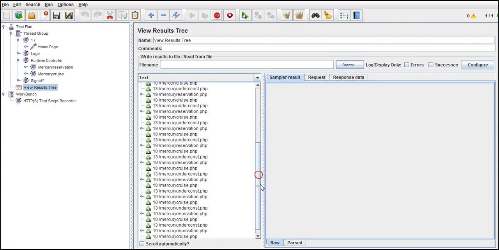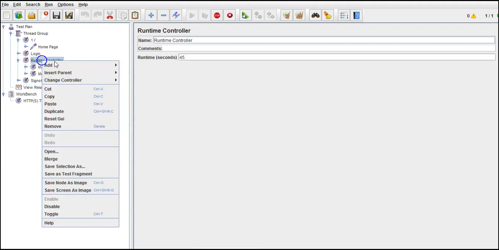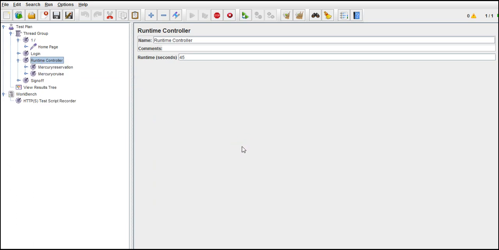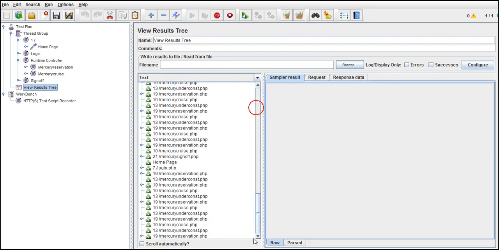So what I discussed are the most important controllers which we face in regular practice with JMeter. The remaining ones are easy, like the for each controller. You can go through the JMeter documentation or Google it, but you will not feel it really necessary. I am just letting you know which important controllers we use. I think it's time to sign off.